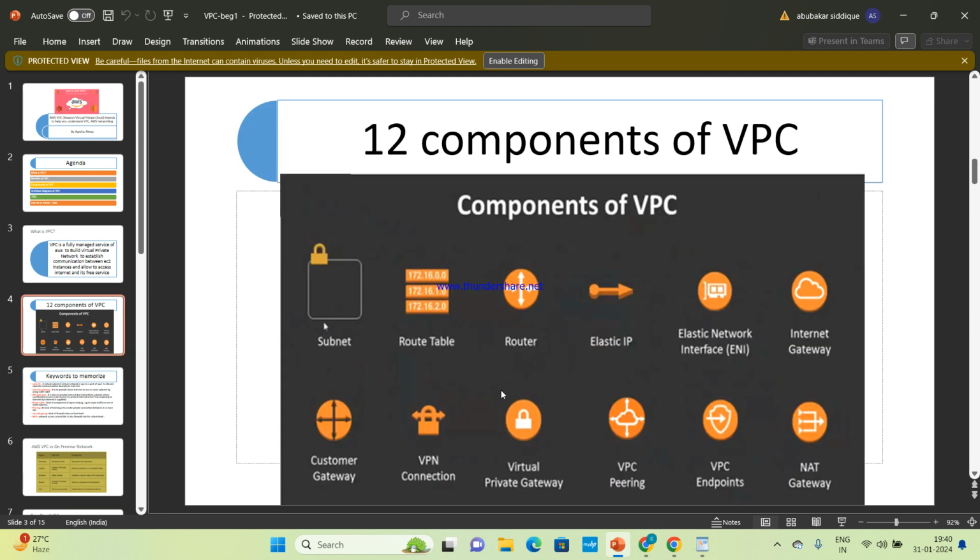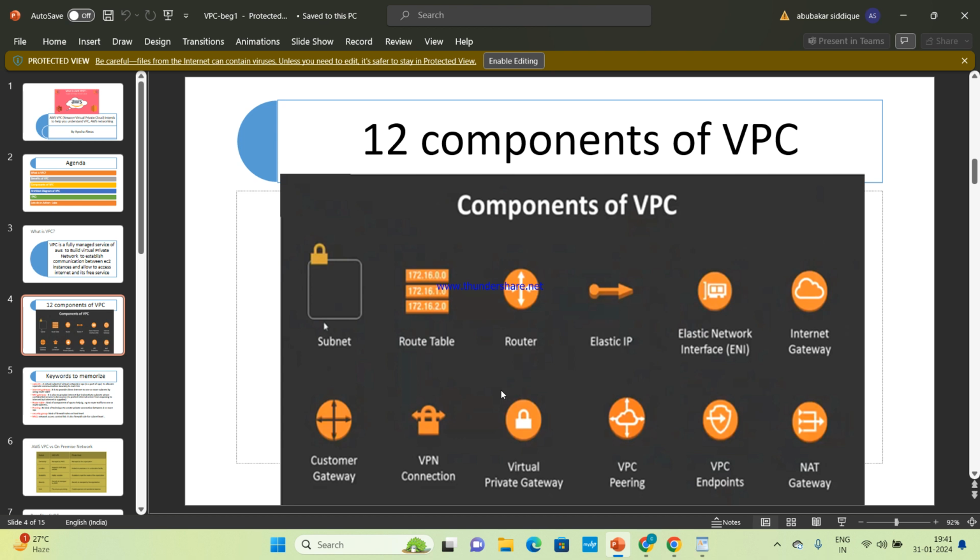Okay. So now there are 12 components of VPC. That is subnets, route table, router, elastic IP, elastic network interface, internet gateway, customer gateway, VPN connection, virtual private gateway, VPC peering, VPC endpoints, and NAT gateway.